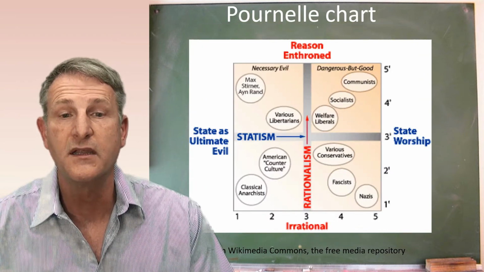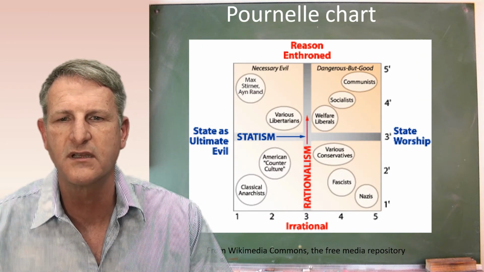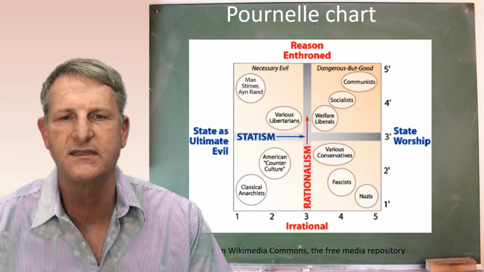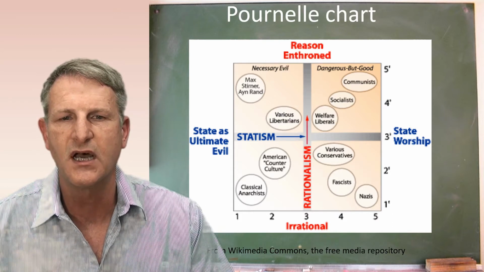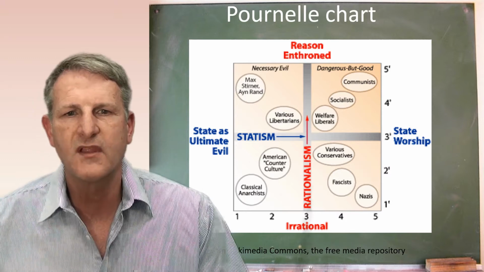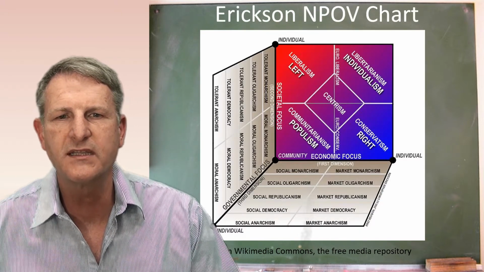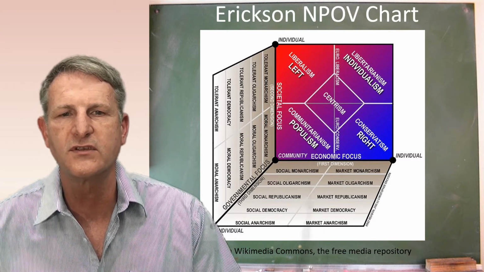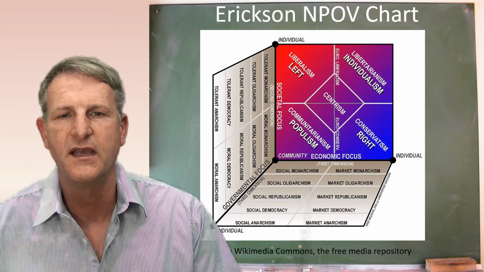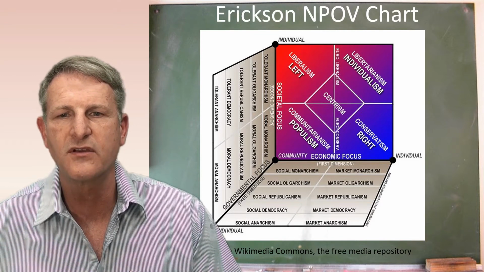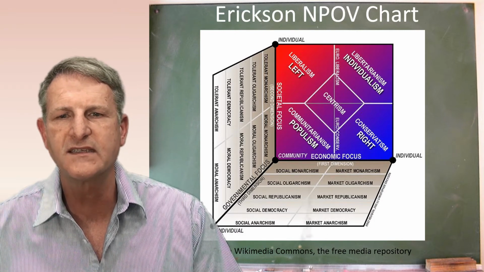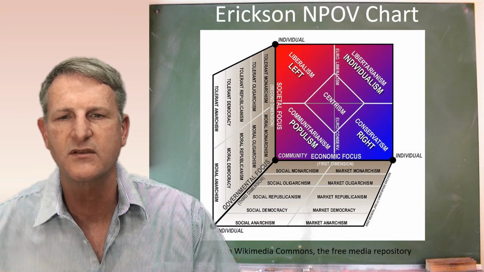for a problem. Another example is the Pournelle chart, illustrated here, where the axes are statism, how much you like or dislike state interference, and rationalism, how much you like or dislike reason. For the purpose of this talk, I would like to use the three-dimensional Erickson NPOV chart, neutral point of view chart. Here the three axes are economic focus, societal focus, and governmental focus, with the values ranging now from community to individual. This, I think, can serve as an excellent departure point for us to implement the concept of a